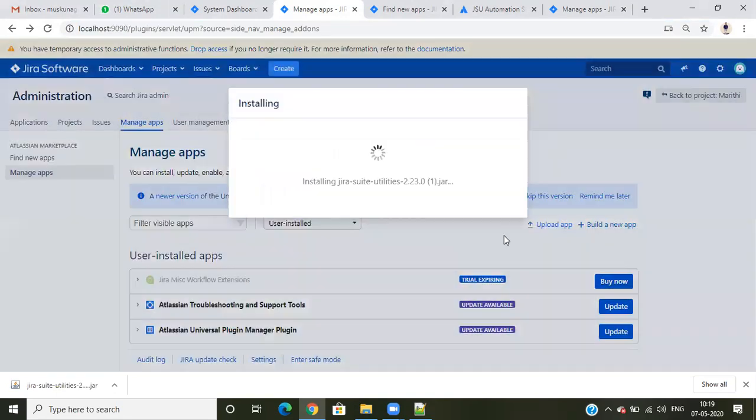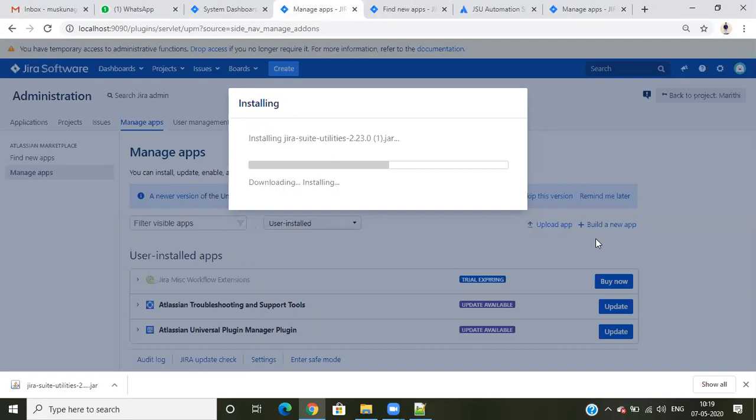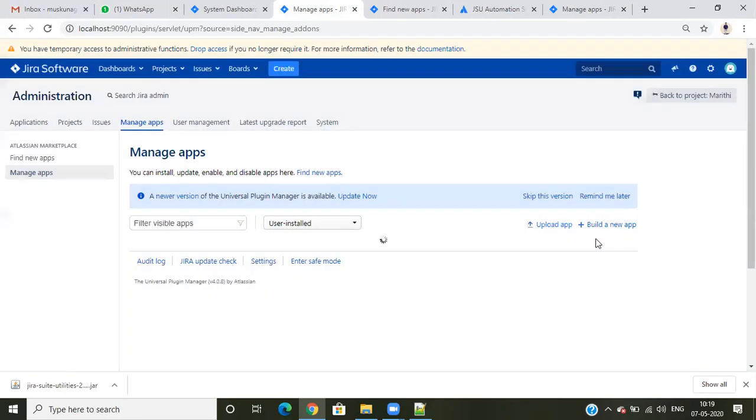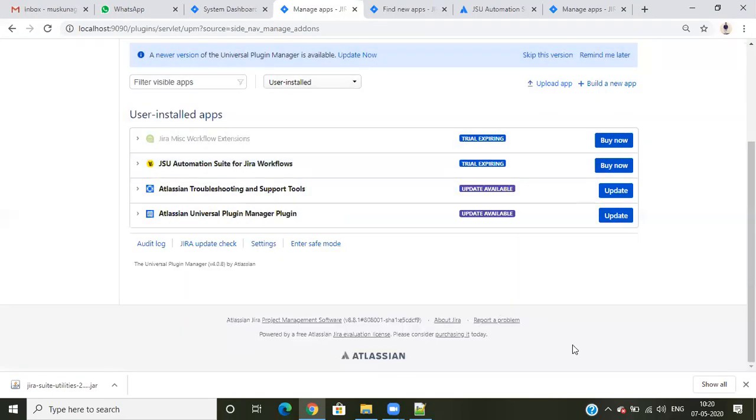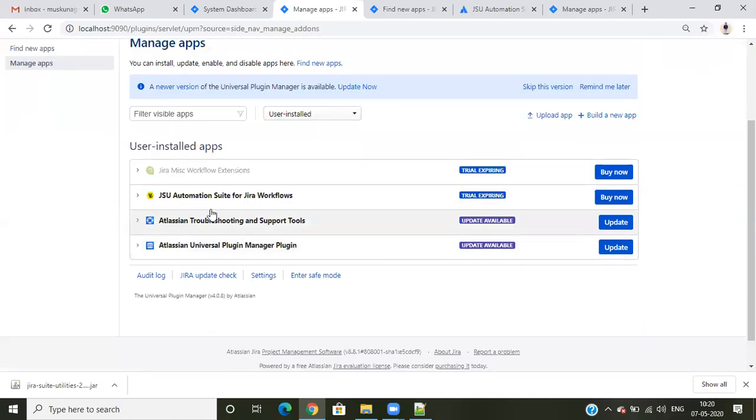Just upload it. Once you upload it, the license will also be installed. Then click get started or close.